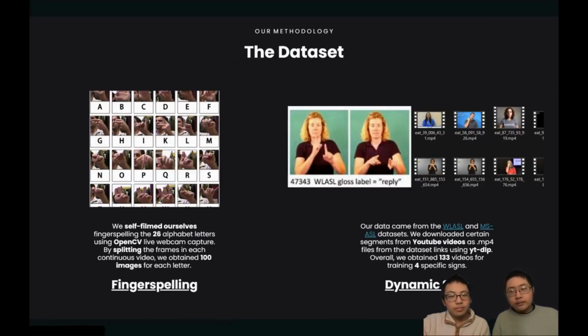For fingerspelling, which is having a hand shape for each of the 26 alphabet letters, like A, B, C, D, E, we filmed ourselves holding up each letter, and for each of the videos, we split it into 100 images for each letter. For dynamic sign, our data came from the WLASL and MS-ASL datasets, and these had YouTube videos